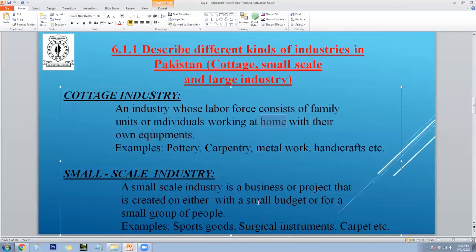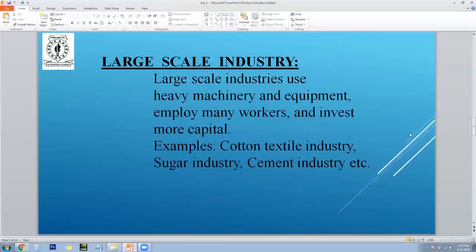Now, what are the examples? Like sports goods, surgical instruments, carpets, etc. And let's talk about the large scale industry. All right. Quickly, going by the name, you can easily judge. Okay, it consists of